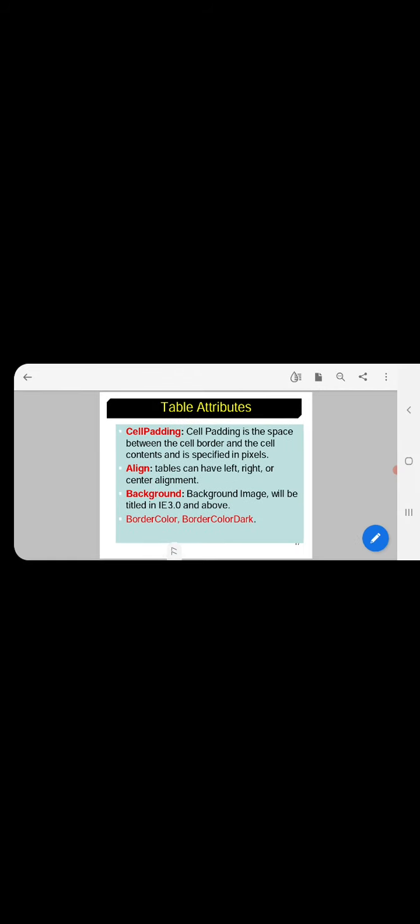Next, another parameter or attribute used in tables is align. The align tag is also used with tables. What is align? We can align the contents of a cell or a table with a number of options, like left alignment, right alignment, top alignment, bottom alignment, middle of the cell, bottom of the cell, right of the cell, like this. So cell align is another important parameter generally used with tables. By using the align tag, we may arrange the cell data or information, or the cell contents.